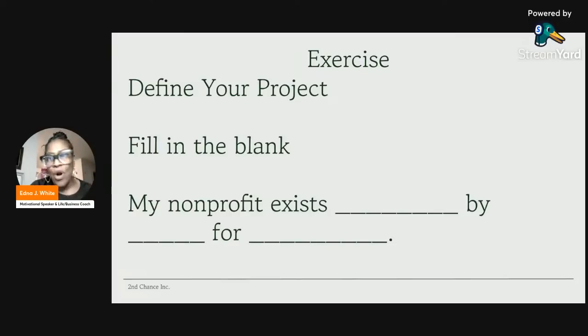I know for my work, private grants are very important. Sponsorships are very important, okay? And donations are very important. All of those financial pieces are very important for your nonprofit. So you have to be able to recognize where you fit in that category or in those categories, if not all. So let's break down the sources.